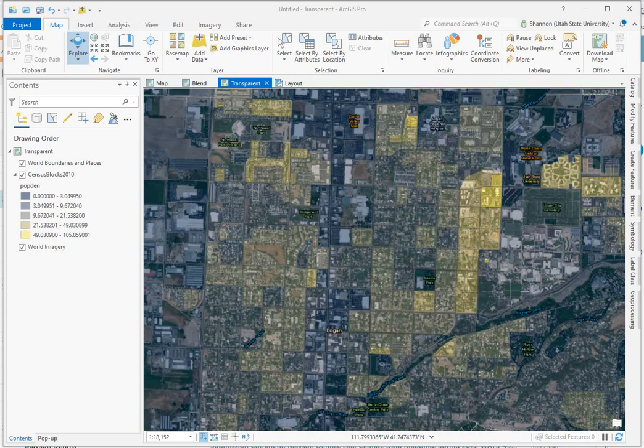I want to do a quick demonstration of the blend modes that are available now in ArcGIS Pro. What we're looking at here is a map of Logan, Utah, and I've got census data displayed semi-transparently. I'm displaying a density value that I've calculated for each census block. I've chosen a color ramp that goes from very dark blue for the low density values up to bright yellow